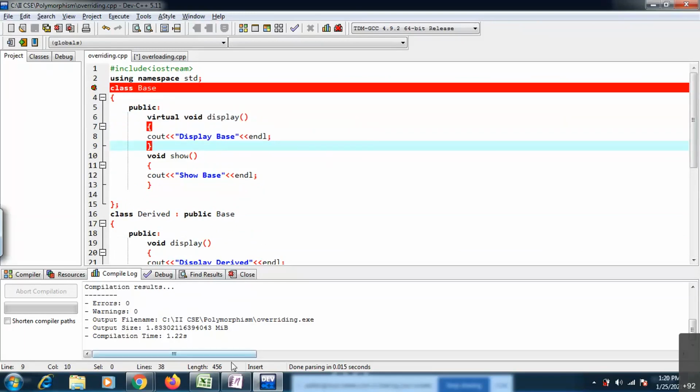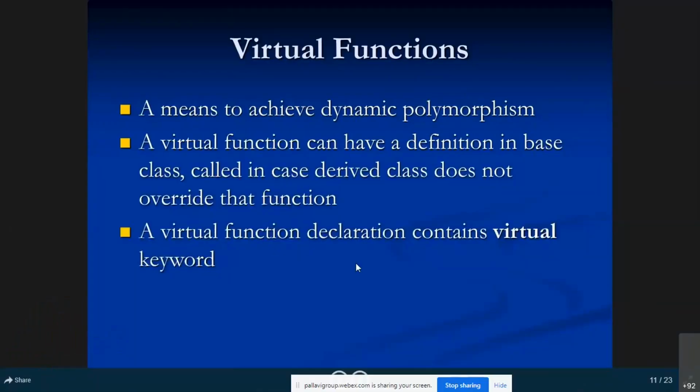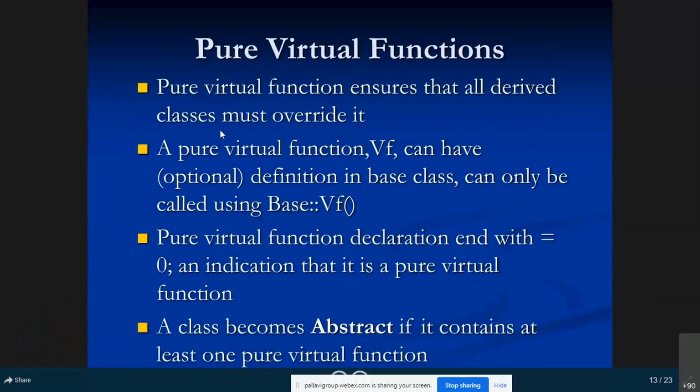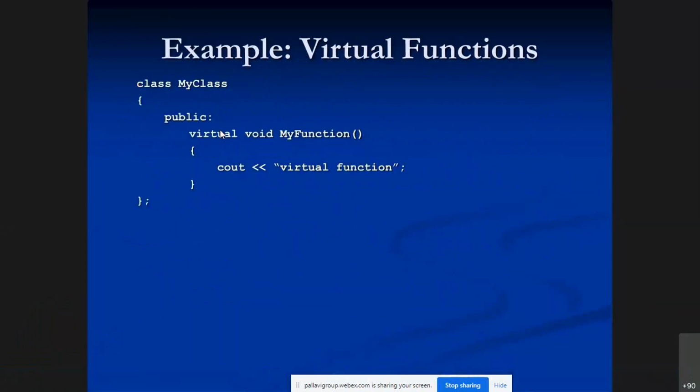This is the syntax, just as shown. The virtual keyword you need to add additionally, and the same general definition only, like display some code. If you make this function virtual, coming to virtual function, if I write any function as virtual, what happens? You are in a position to access both derived class members and base class members.